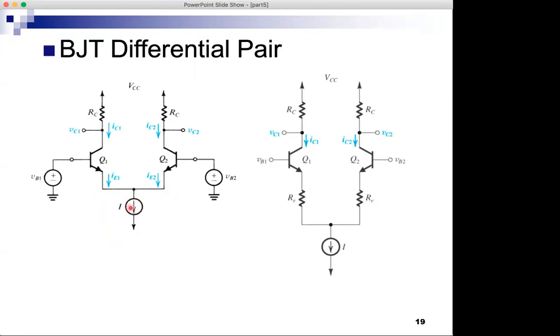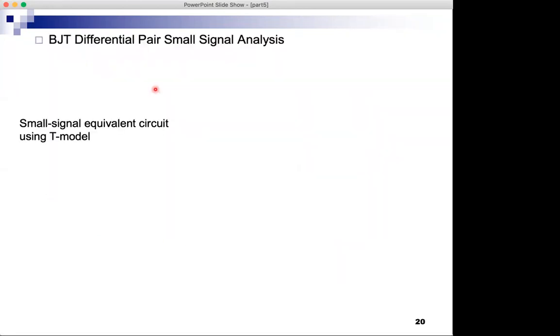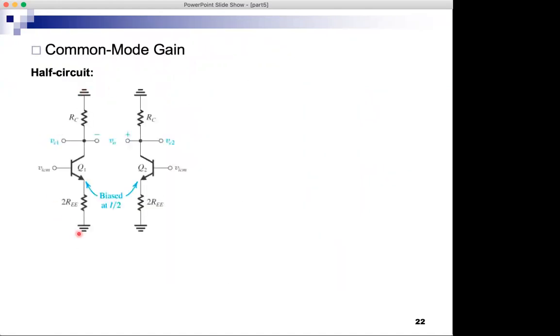It's really just the output resistance of the current source, but I want to make it appear as if it's two things. One resistor equal to 2 REE here, and in parallel with it, another resistor equal to 2 REE here. And now when the two inputs are equal, this part of the circuit and this part of the circuit will be exactly symmetrical. And both of them will be, as we will see, a common emitter amplifier with an emitter resistor equal to 2 REE, which means that